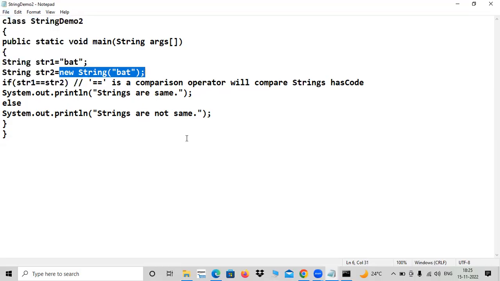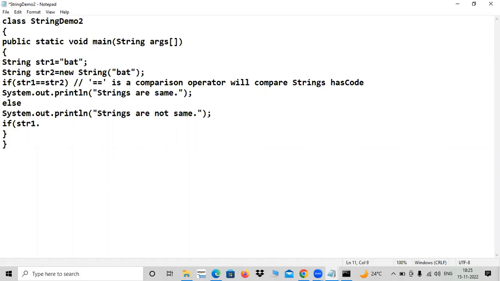Okay. Now, how do you compare whether two strings are same or not? There is a method in Java, a predefined method. Java is full of so many predefined methods, classes, and variables like that. So if you want to compare whether two strings are equal or not, let me go in another way. That is, if there is a method